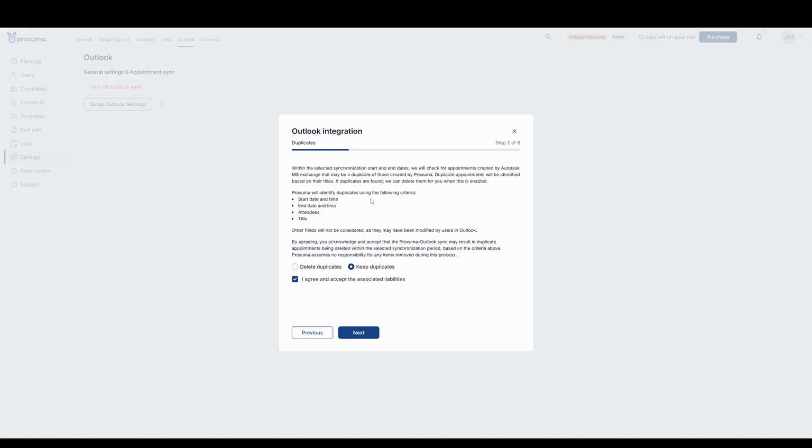This part is crucial if you used the Autotask Exchange integration. If you did not use the Autotask Exchange integration, then this one is not that relevant. You can just keep duplicates. If you did use it, then it is recommended to delete duplicates, but please make sure you understand the impact,